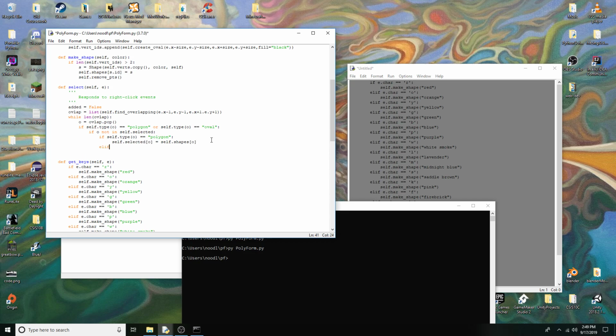Otherwise, if it's an oval object, what we'll do is we'll set it equal to the coordinates that that oval is at. So we'll do self.selected at the ID equal to